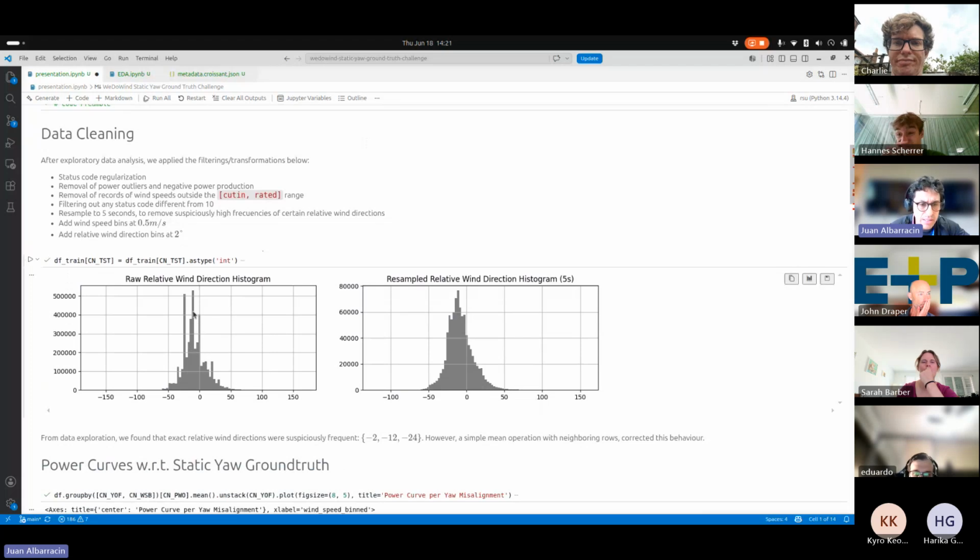These strange peaks of high frequency directions were exactly at -2 degrees, -12, and -24, or around that. I don't know why, but they are like outliers. They are very isolated, and just by averaging over 3 seconds, we got a smoother distribution.